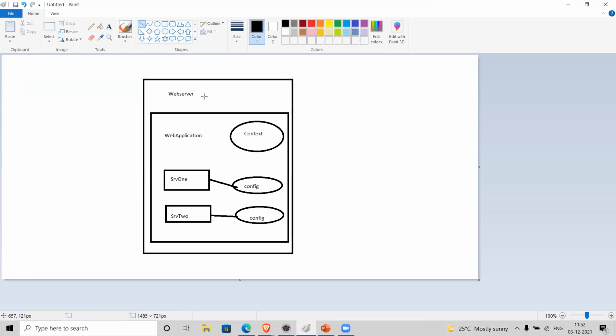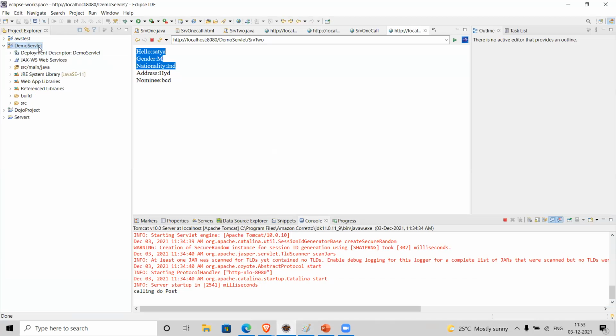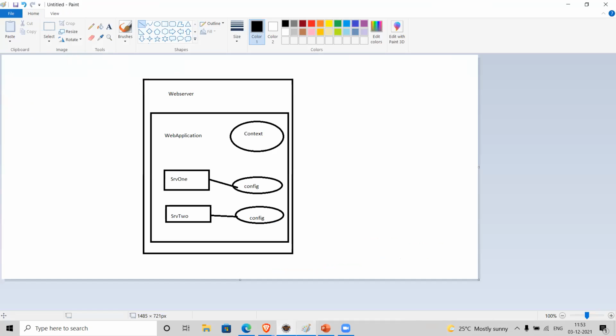Suppose in this web server we run multiple web applications; for each web application, it will create one context object. For this web application, this context is available for the entire web application. What is our application? Demo servlet is our application. That means the web server creates one context object for this demo servlet project.